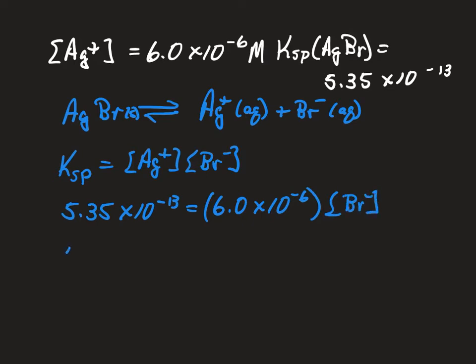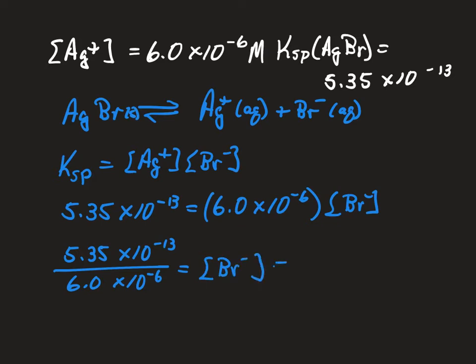So 5.35 times 10 to the minus 13 divided by 6.0 times 10 to the minus 6 equals the concentration of bromide ions,